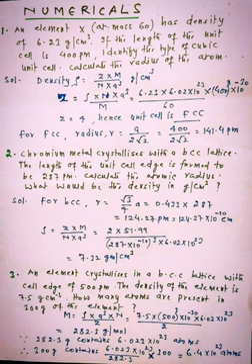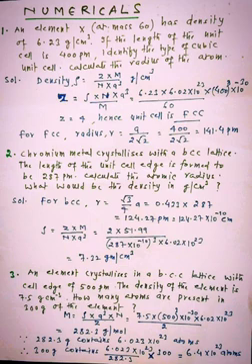Put the value of Z as 2 because it is BCC unit cell. Molar mass of the atom, that is chromium, is 51.99. It will be given in your exam. Avogadro's number 6.023 into 10 power 23, and side length 287, converted into centimeters, so it becomes 287 into 10 power minus 10 cube. So it comes out to be 7.32 gram per centimeter cube.